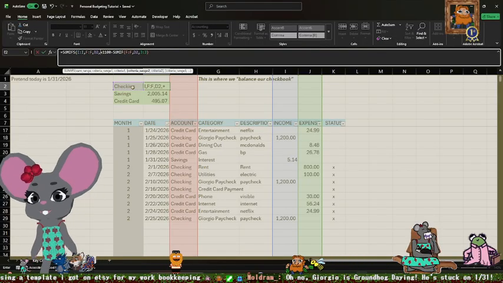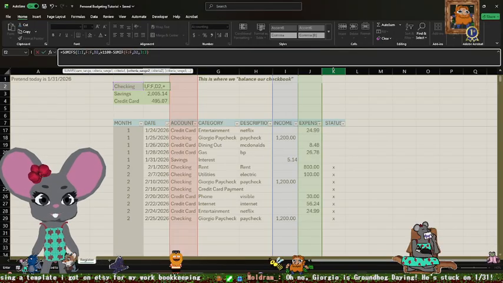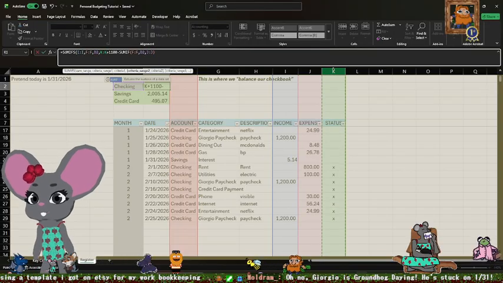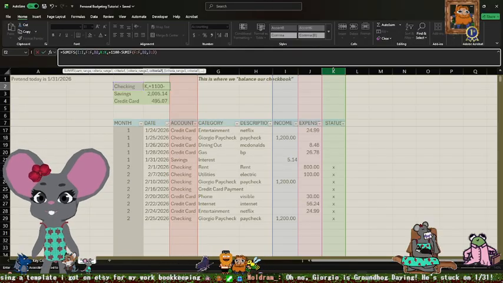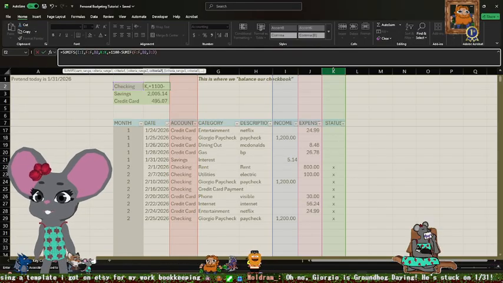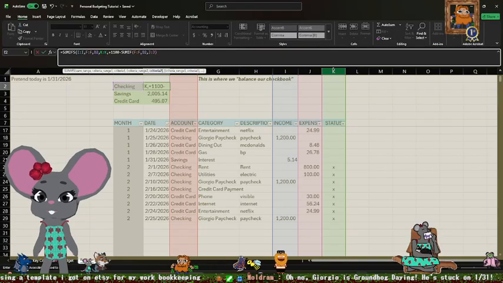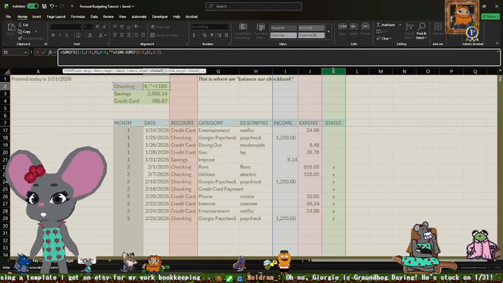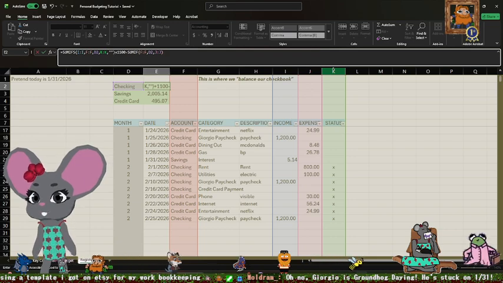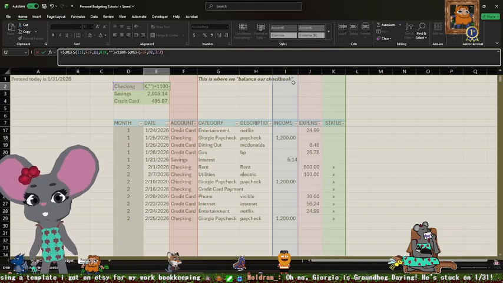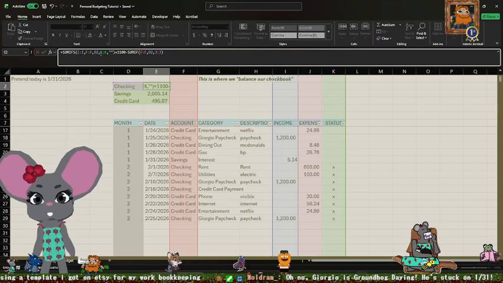Our second criteria range is the status column, and the criteria is that we only want blank cells accounted for. So we're going to type two quotation marks with nothing in between them, and then close off the parenthesis. That was our income column.